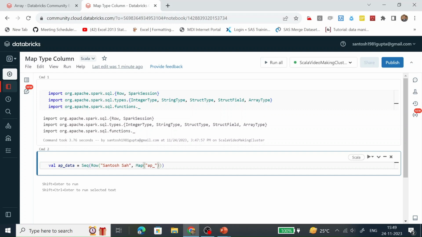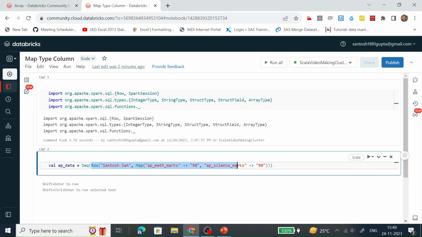What is the key? The value is... second key is... value is 19. So this is the first row element.